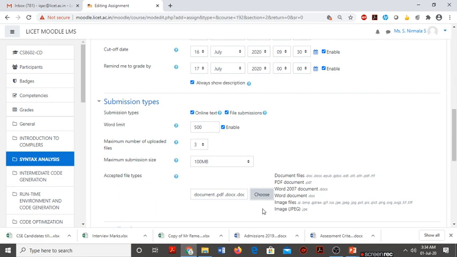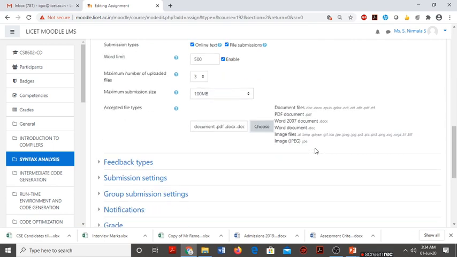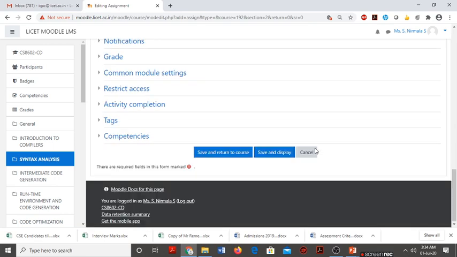Save the changes. Save and return to the course.